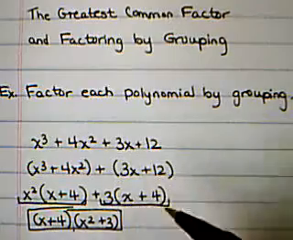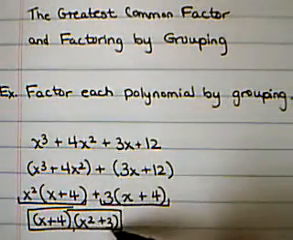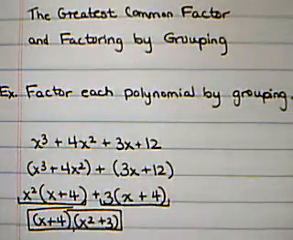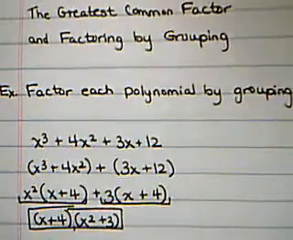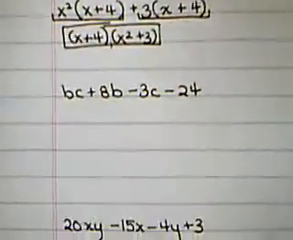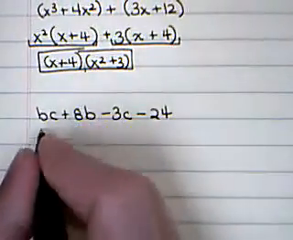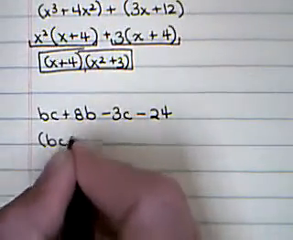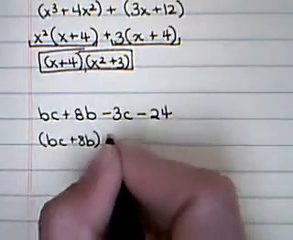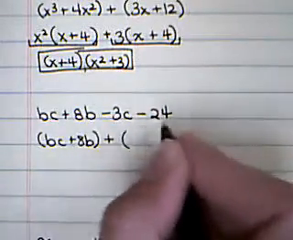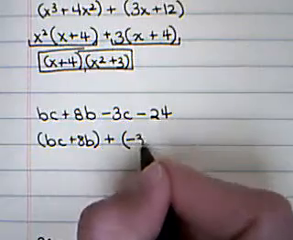As far as order is considered, it doesn't matter if you write the x squared plus 3 first and then the x plus 4, or leave it like this. In this next example, we're going to do the same thing. We're going to write the first 2 terms in parentheses, always put a plus sign, and then the last 2 terms. Now the negative sign will go with the 3c